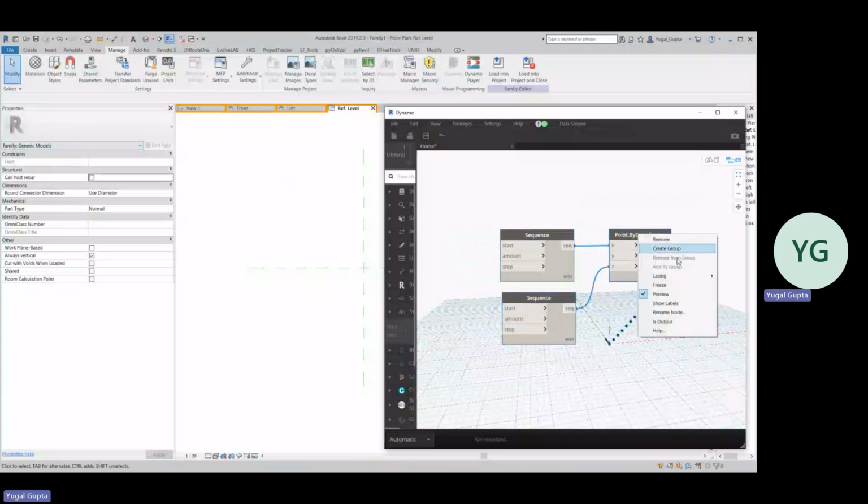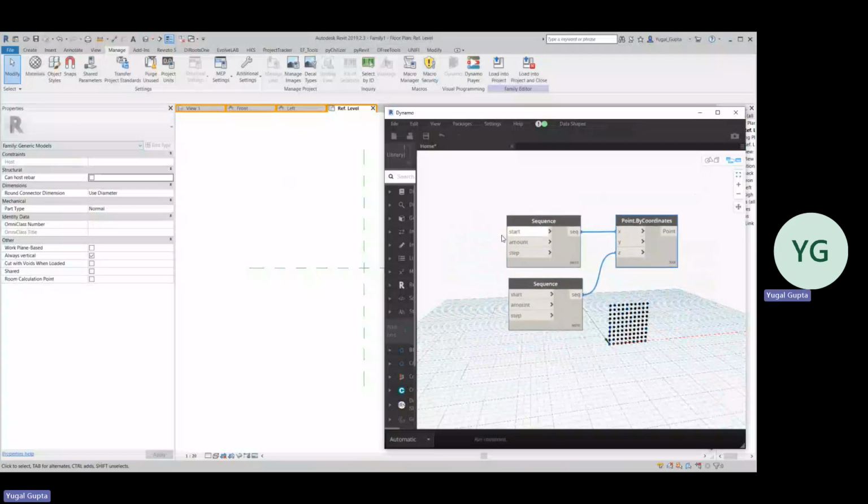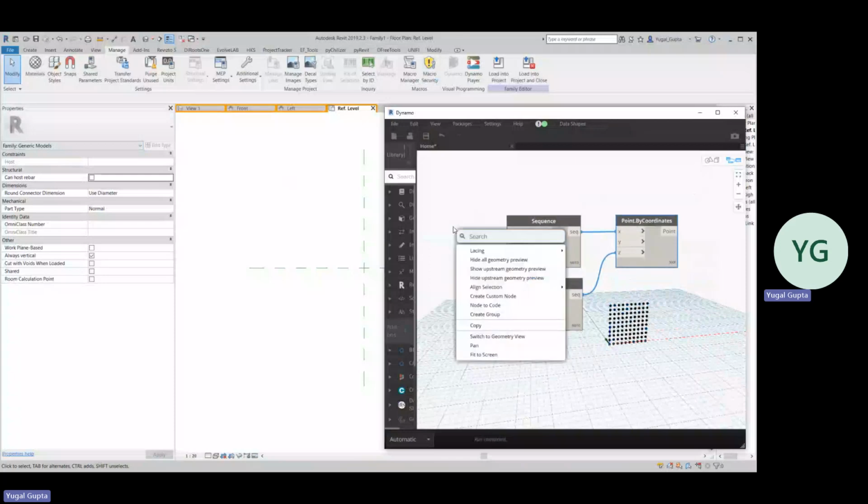The next thing is to make the lacing by cross product so that we can get points all over the coordinates. After that, the starting amount would be 0, obviously. The amount would be a slider which can detect the length of the wall. Similarly, for the Z coordinate, it would detect the height of the wall. So we'll simply type out